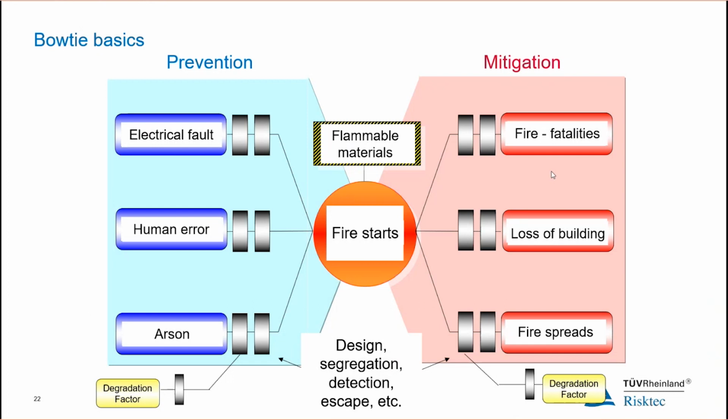Now, we can also then start challenging ourselves. Is there anything that might cause these controls to fail? Are there any degradation factors that exist? These things that degrade the effectiveness of the barrier. So that on this side, we might have a barrier that we say, well, we have compartmentalization within our building because the fire will be contained within the apartment, because we have closing devices on the entrance doors, and they will make sure that the fire does not spread outside of the compartment.